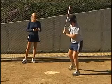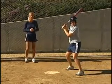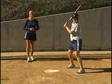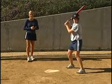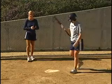Good. So she's getting ready, as you can tell, in a running position. Okay, so she's set in her batting. The pitch is on its way. Boom. Sneaky bunt. Okay? A lot of times you'll see girls try to sneaky bunt with the bat behind them with one hand. In my opinion, not a very smart way to sneaky bunt. You don't have very good bat control, and a lot of times you'll see the bat head go right into the side. So